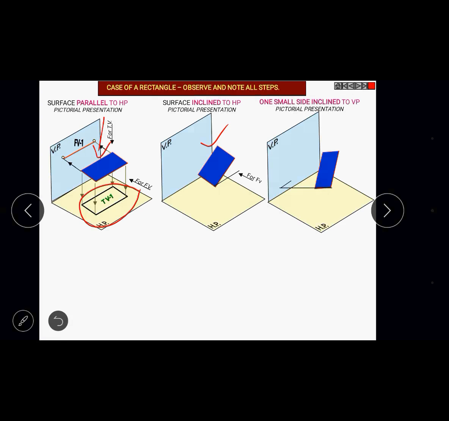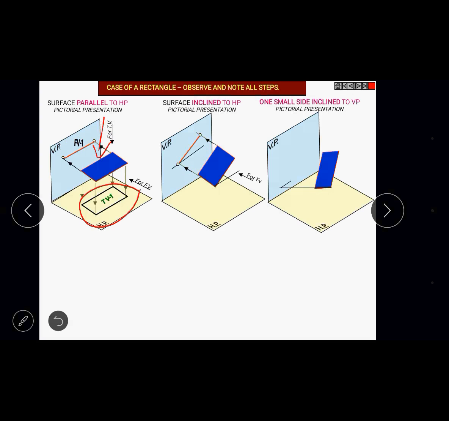And next we will come to the second figure. Let us see what will happen to the front view. When you look at the front view, we can see that the front view of the lamina will be a tilted line, an inclined line. If it is 30 degrees, it will be a 30 degree line. If it is 45 degrees, it will be a 45 degree line. The same front view that you got in the first step, similar in dimension, gets transferred in the second step with some HP angle.